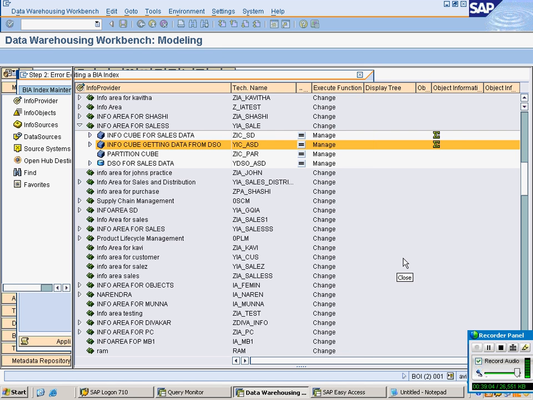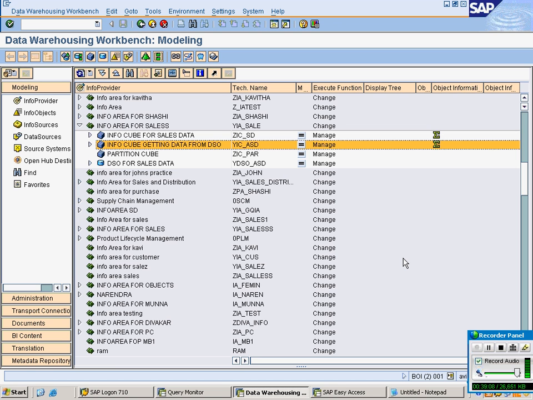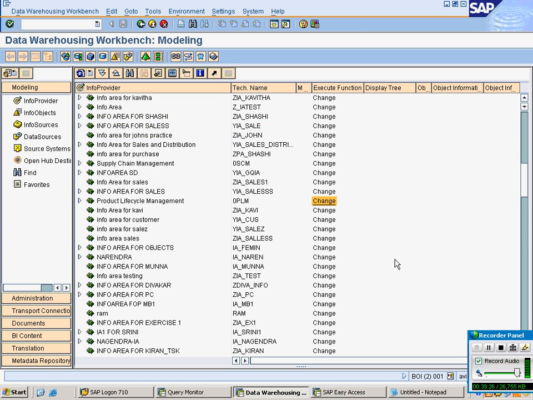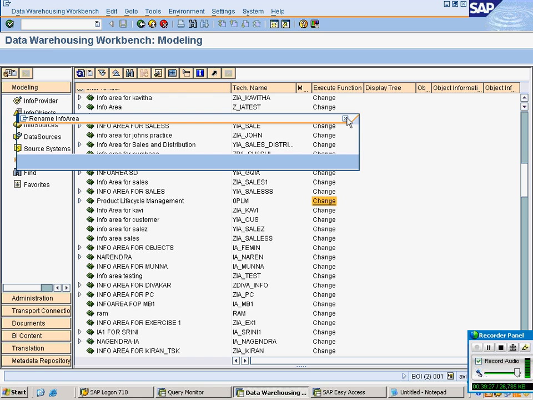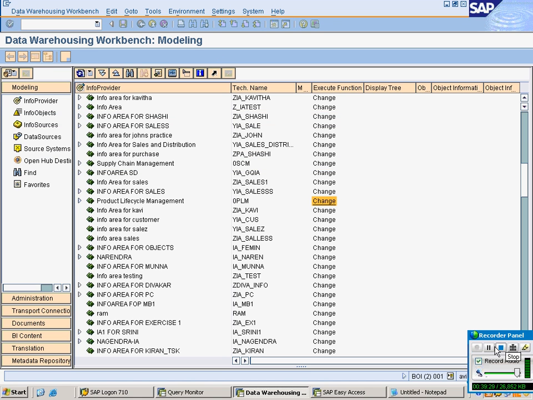Clear? Now see the sequence of your query. First, when you execute a query, it searches your cache memory. If cache memory is not there, then it will go to the BI accelerator index. If it is not there, then it will go to the aggregate. If that is not there, it will go to your main cube. Is your query searching sequence clear now? Right, so with this, okay, we are